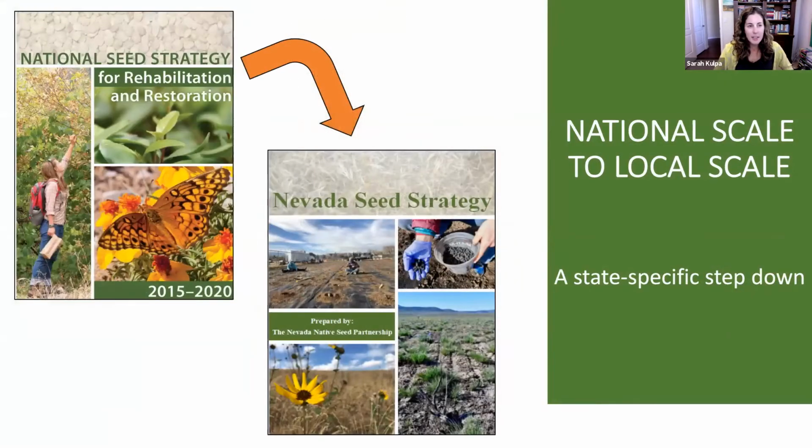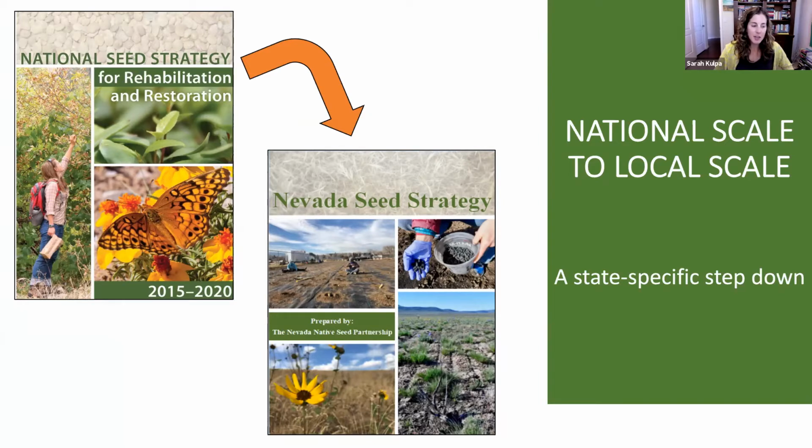So one of these, the National Seed Strategy, was released in 2015. It was developed by the Plant Conservation Alliance, which is made up of 12 federal agencies and over 300 non-federal cooperators. This is a big deal. And to my knowledge, we are the only country with a native national seed strategy, which I'm wondering on this panel if other countries are starting to go that direction.